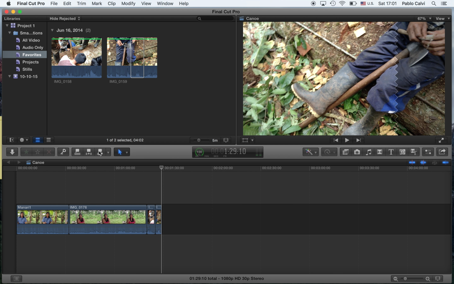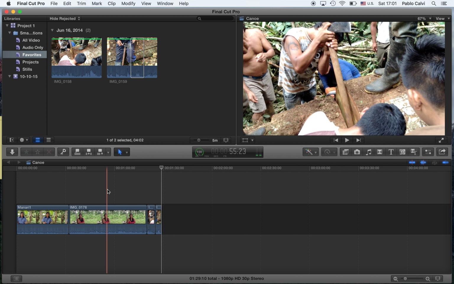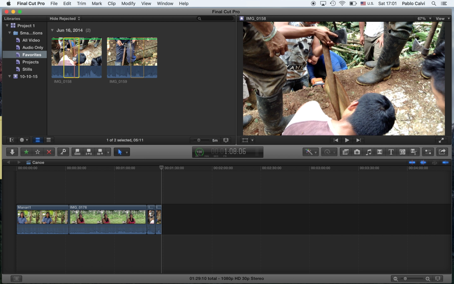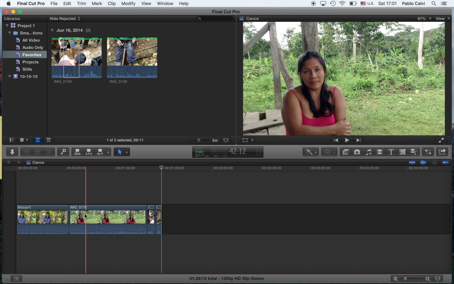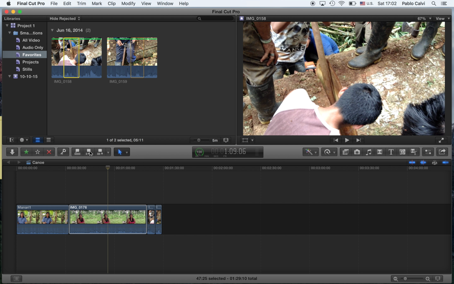Look, so it does appear at the bottom. Now there's other ways to deal with including media into your file. The second way is, let's say that I want to put this selection here because Rosario is talking for way too long, so I want to put it in the middle of that clip. I'm going to place my cursor here, and instead of appending the selection, I'm going to insert the selected clip in between those two